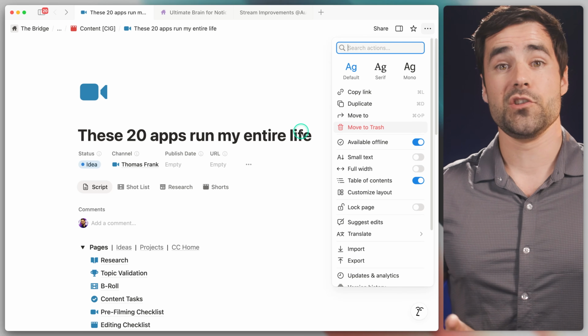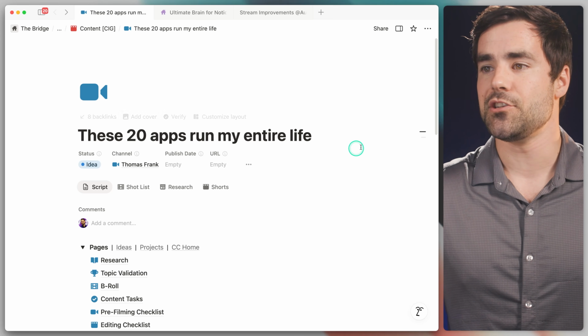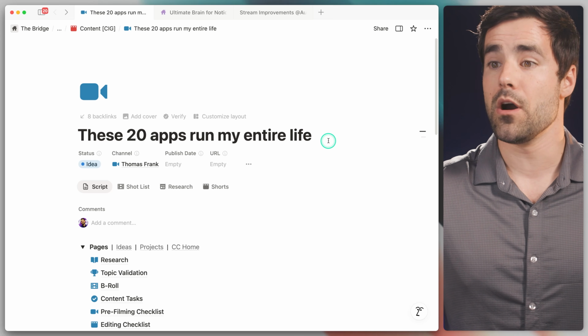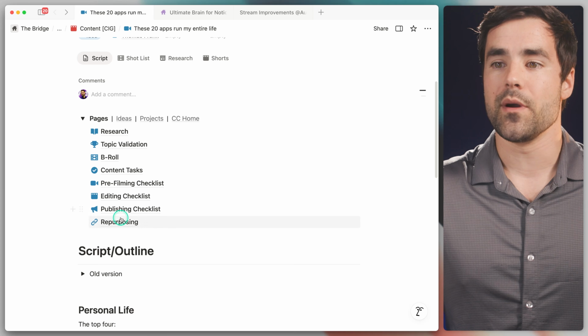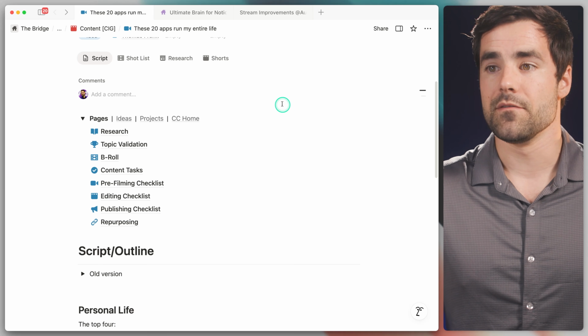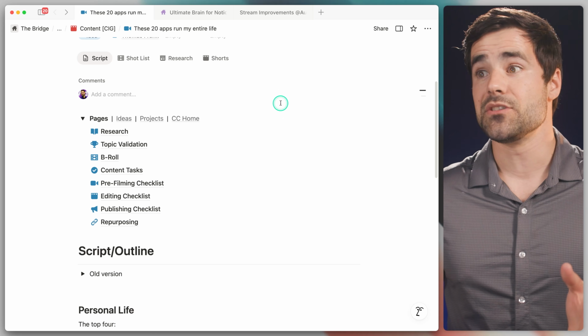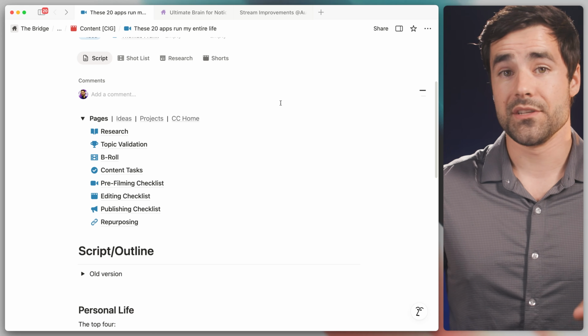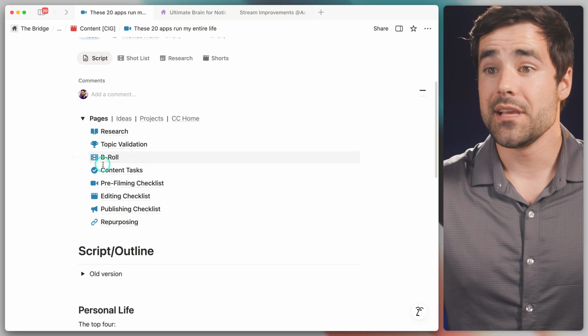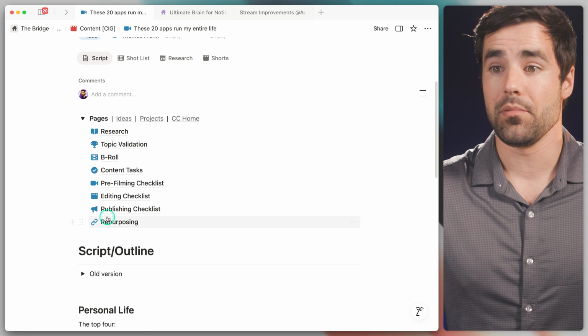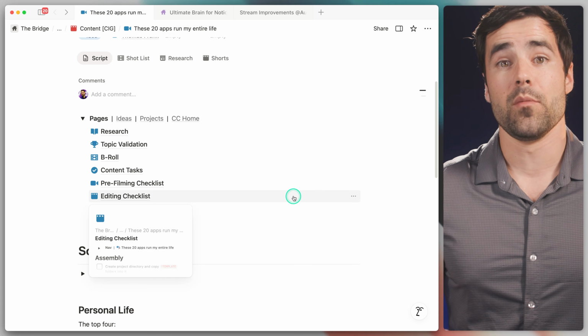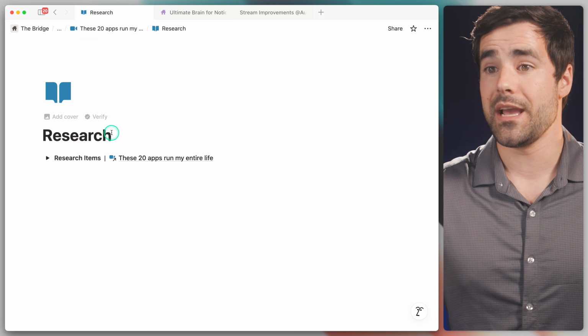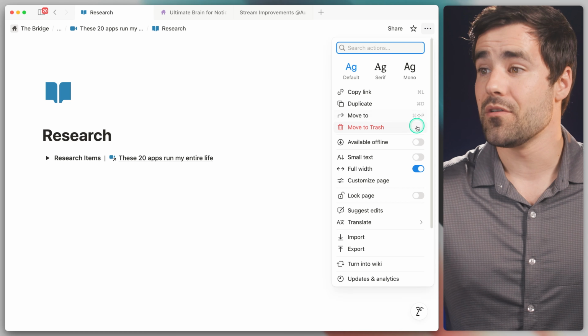Now, one thing that I do want to note is that the subpages on a page that you enable for offline mode are not automatically going to be enabled offline themselves. It doesn't cascade like that, at least not here at launch. So, and this is important, if you want all of these pages, say in your little content planner for a content project, to be available offline, you will want to go into those pages as well and toggle those available